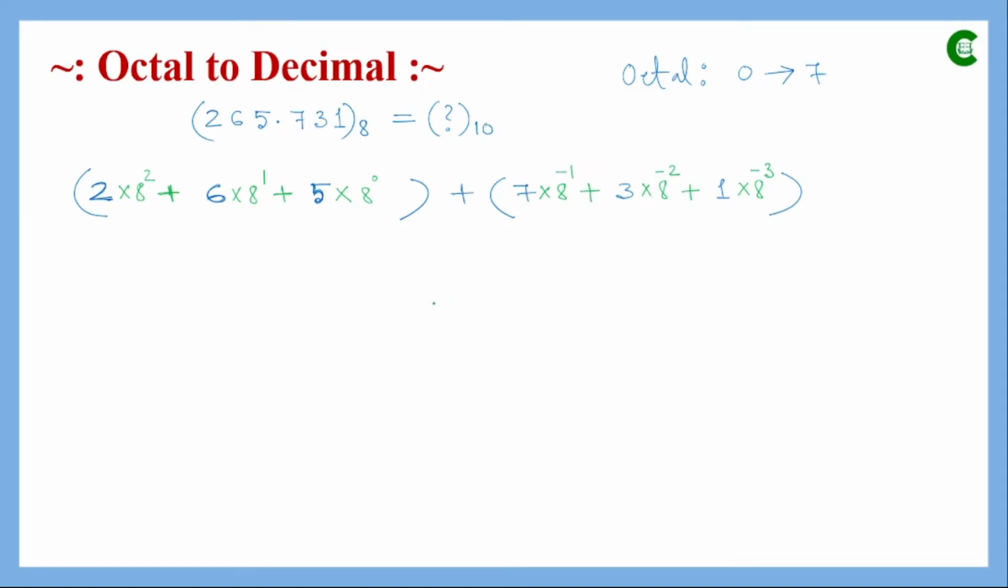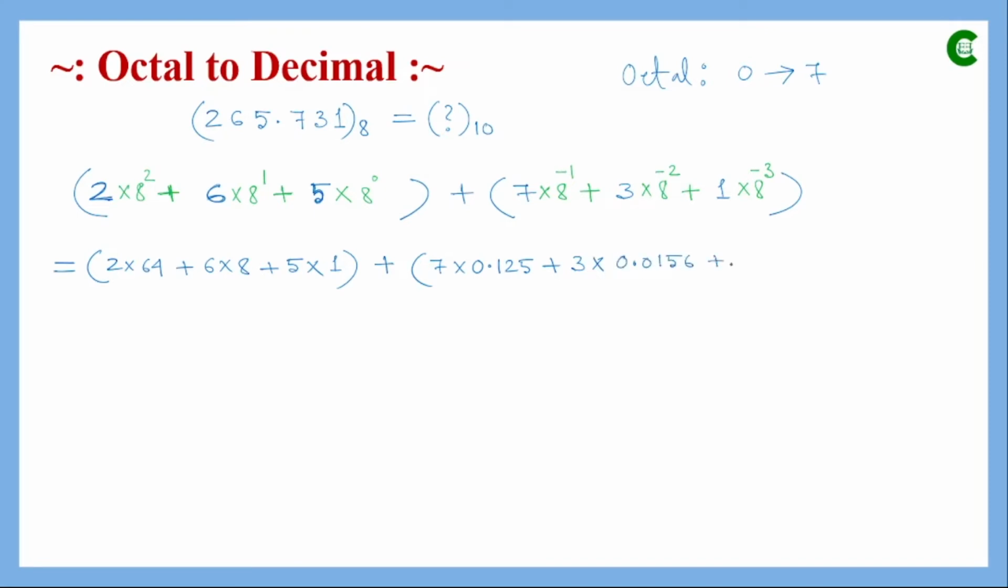Next we will simplify, and after simplification it will be 8 square means 64, 2 multiplied by 64, plus 6 multiplied by 8, then 5 multiplied by 1, that is 8 to the power 0. Then in the fractional part it will be 7 divided by 8, that means 7 multiplied by 0.125. Next 3 divided by 64, so it will be 3 multiplied by 1 divided by 64, which is